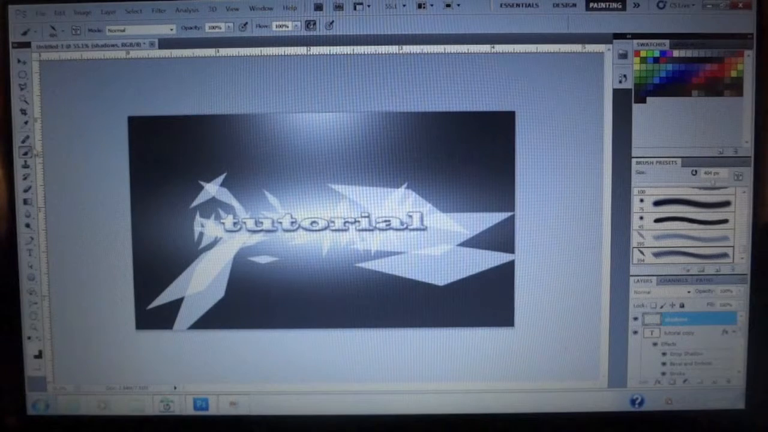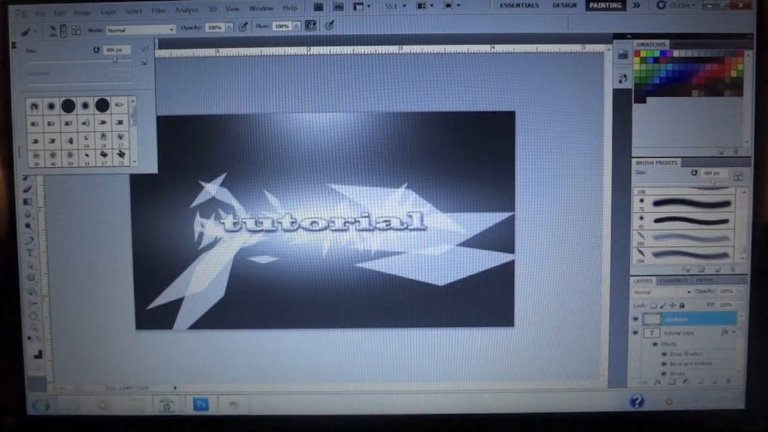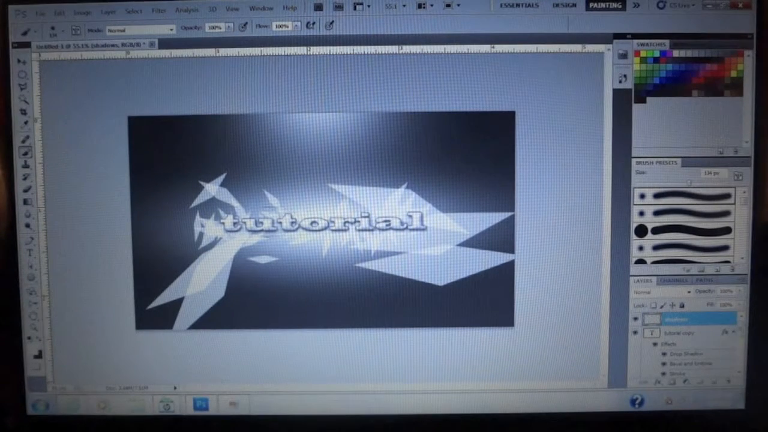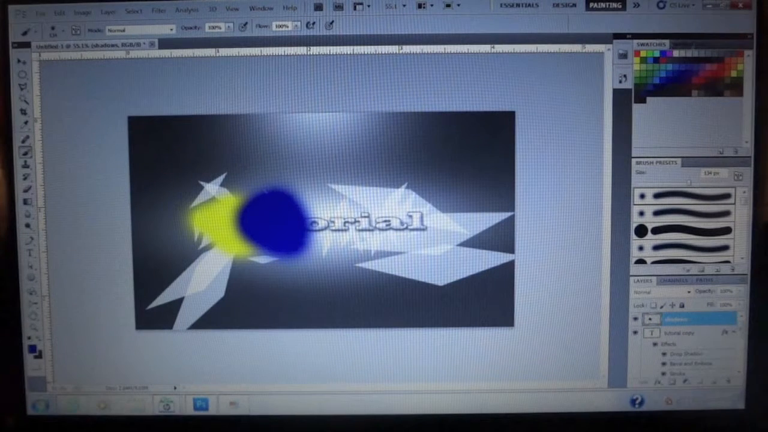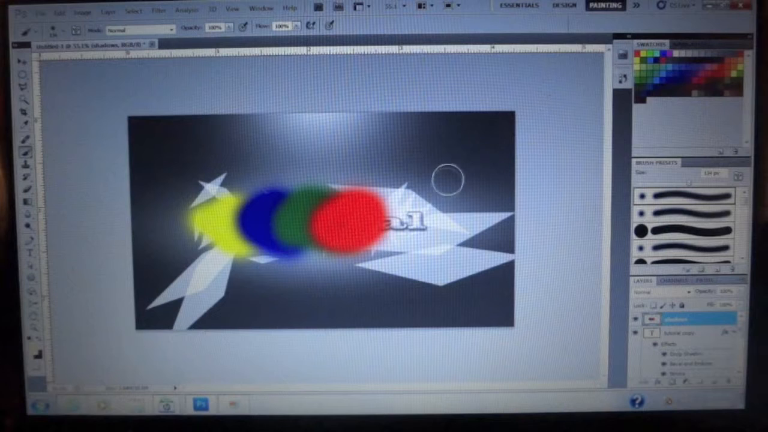Alright, now we're just gonna grab a default brush. First one up here is fine, and we're gonna size it down to fit the word tutorial pretty much. And I'm just gonna grab some random colors. Here's some yellow, some blues, green. Kind of see what I'm doing here. I'm just kind of painting over it. Red. I'll finish it back up with like a pale kind of color. Okay, so now that we've done that,